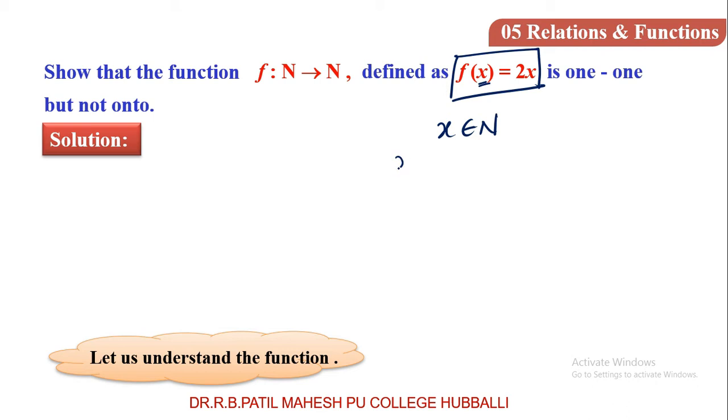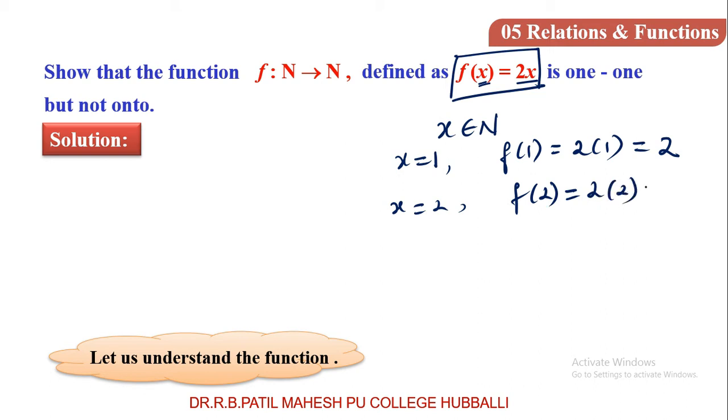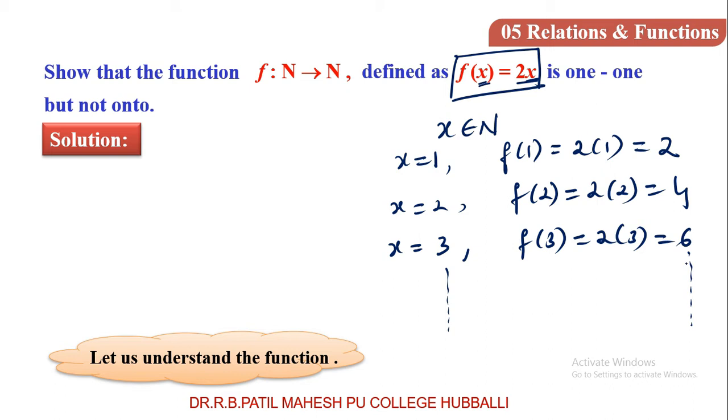So let me start with x equal to 1. Then what f of 1 will I get? 2 into 1, because f of x is 2x, that will be 2. When x equal to 2, what will be the image of 2? 2 into 2, that will be 4. Dear students, try to understand, when I take x equal to 3, its image in this function, I just substitute x value 3. So 2 into 3 will be 6. Like this you have to take x values and you will get the required y values, meaning f of x values. So this is the meaning of the function.